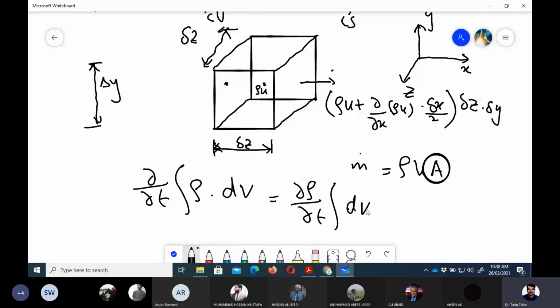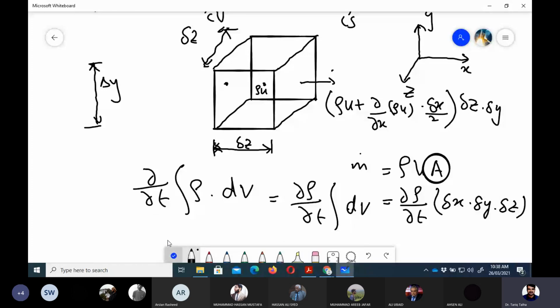Now dV, for this case, we know that this cubic element has got the volume which is equal to del x, del y, and del z. These are the three dimensions which are also shown in this figure. Now the second term we need to determine,